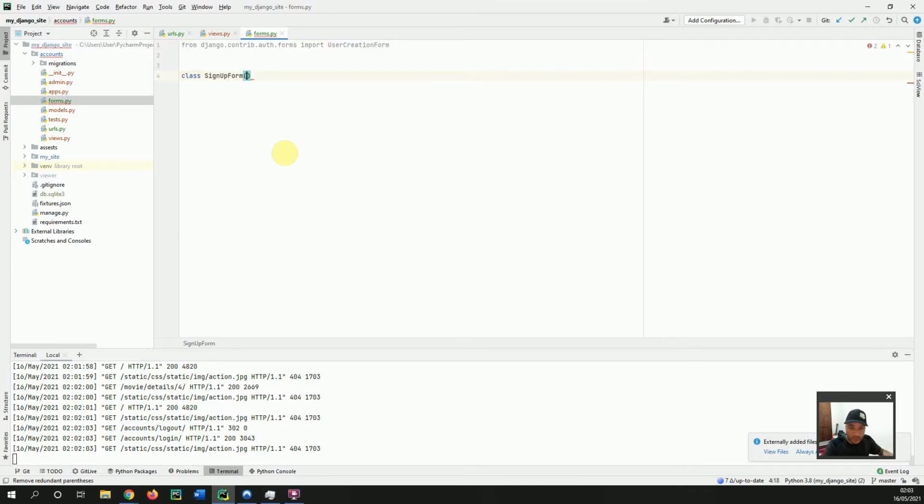And it inherits from user creation form. And here inside it I would like to define a class Meta. So in this class Meta that inherits from UserCreationForm.Meta, the class Meta of UserCreationForm. Alright, all that is good. And then here the fields would be username and